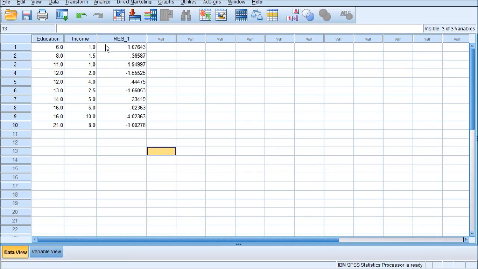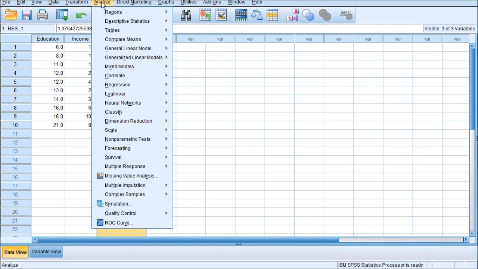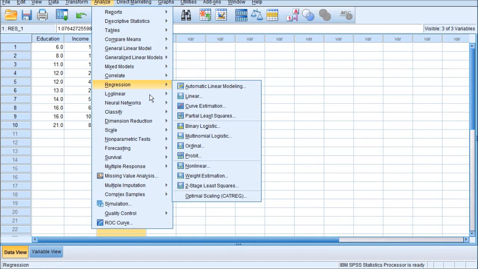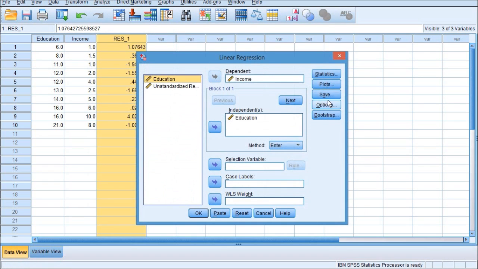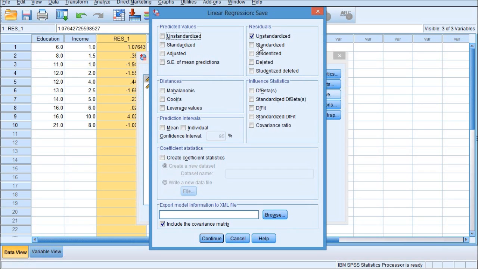Okay, we are going to use this estimation error variable to test two assumptions of normality of errors and homoscedasticity. That's why we generated this residual information from this initial analysis.